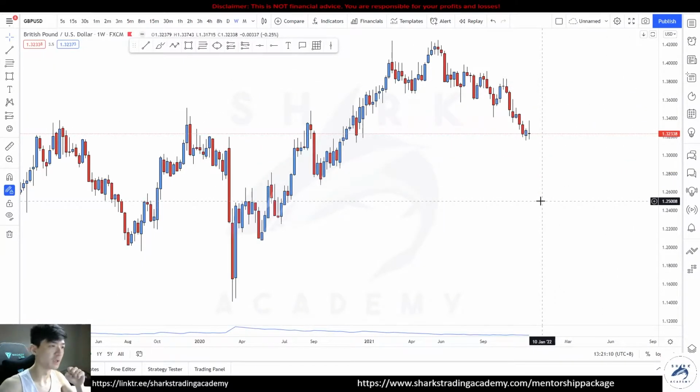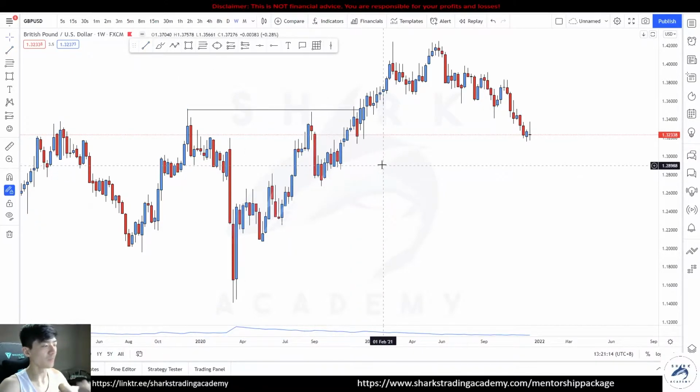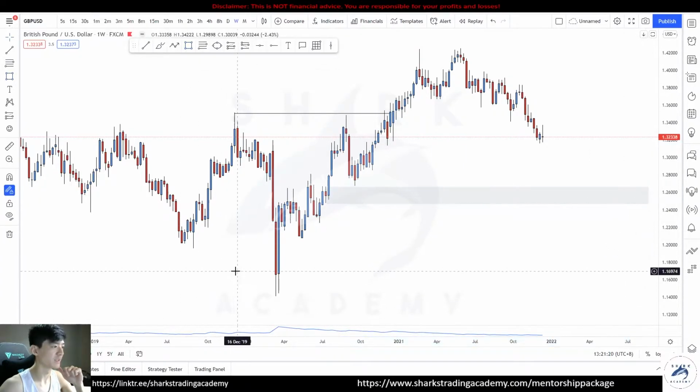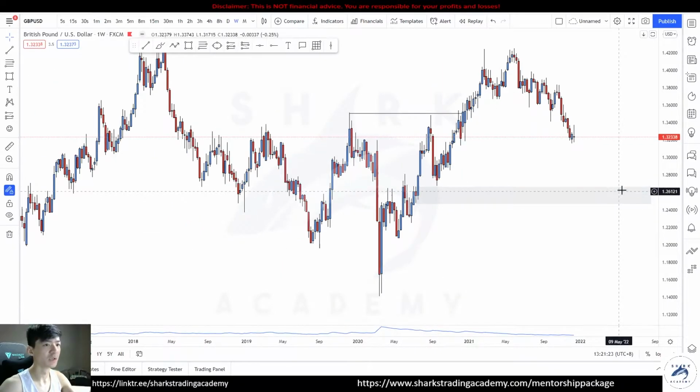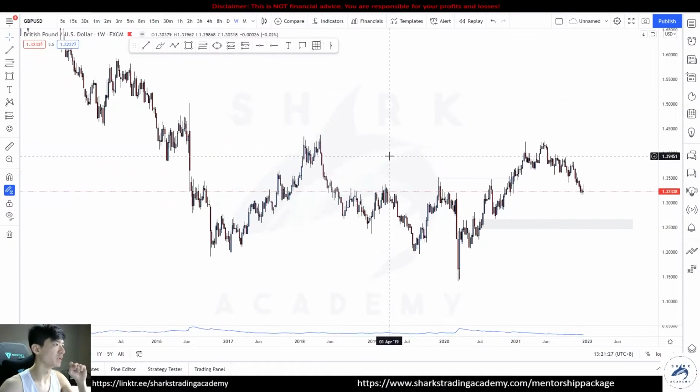So now we have pound dollar in our watch list. You can see this is a clear break of structure here. And this means that if you're going to be a buyer, we're going to buy low. We're going to buy over here, perhaps, right? And some sort of demand inside of here as well. So if we were to use the entire framework in our analysis, you can see that